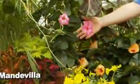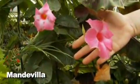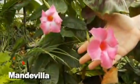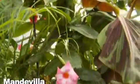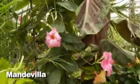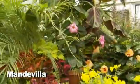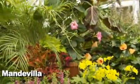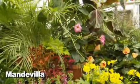Also, we have Mandevilla. This is a tropical vine. Gets really big, has these big, beautiful pink blooms on it. It also comes in a white or a red. Another one that loves the sun, loves the heat, blooms all summer. But you would need some kind of trellis for it. Yeah, you would want to put it on some kind of trellis, or you could do it into a hanging